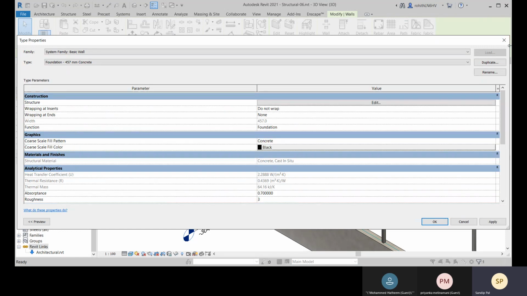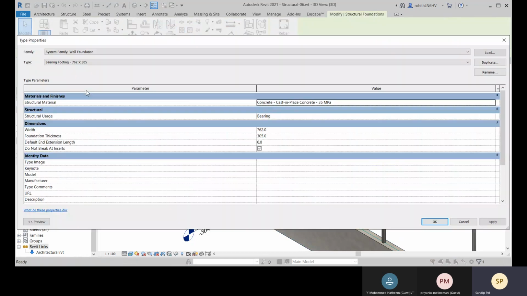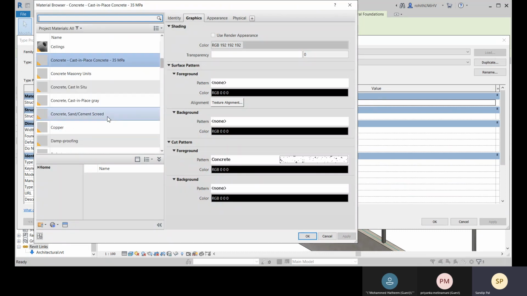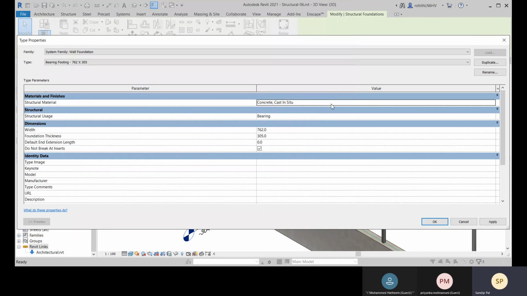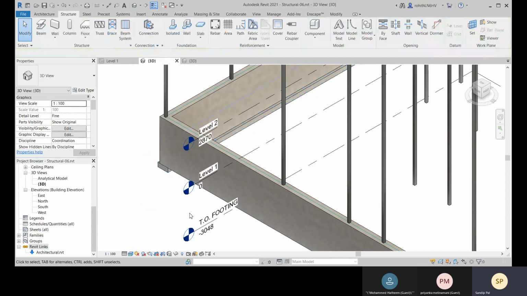So we'll be matching that material, and I'm showing you how you can place it. Just come to this edit type here, and here you can change concrete cast in place, concrete cast in situ, or for both. Okay, so let me go with that. Click on OK.